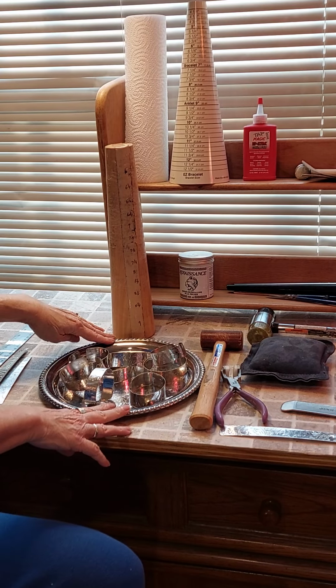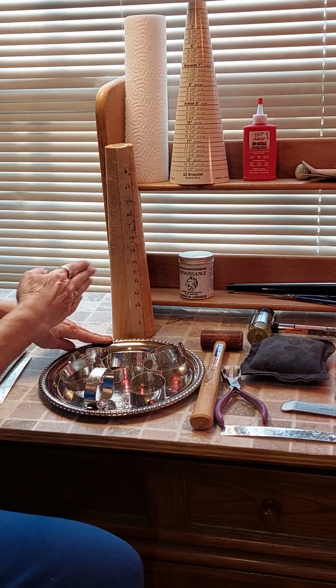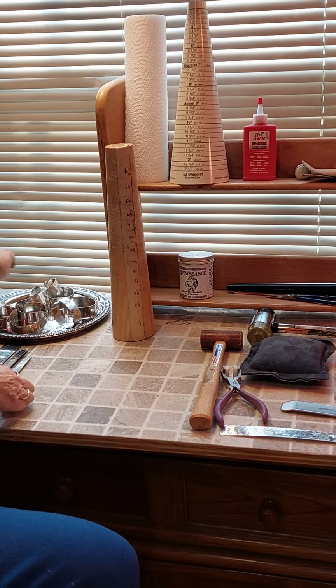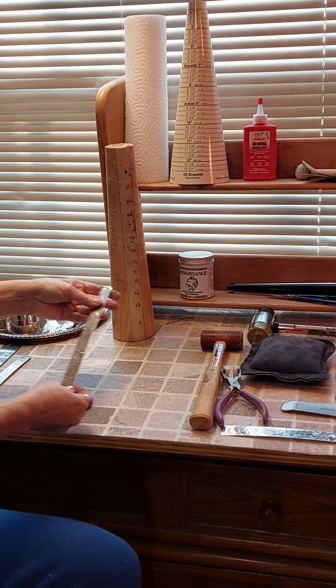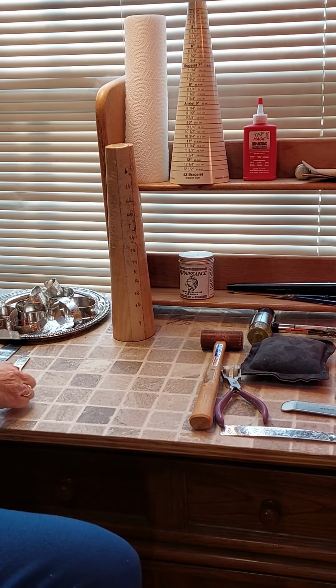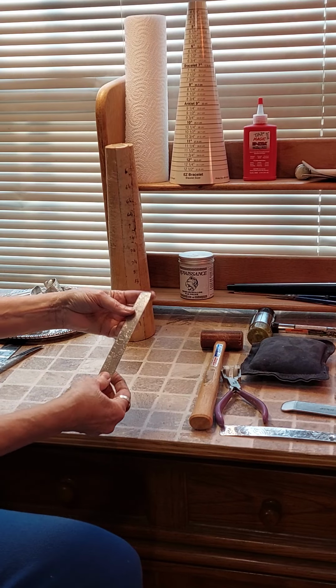And what I did was cut off the edges and then slice the tray into strips in an appropriate size to make the cuff bracelets. So here's a strip, and then I'll trim that to size. Then I'll cut off corners